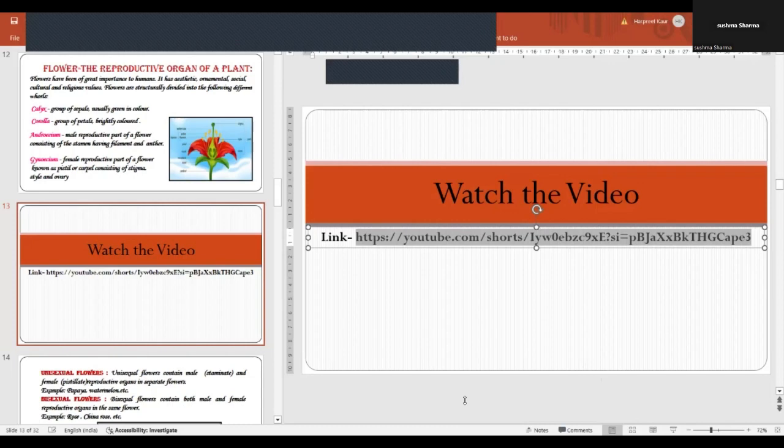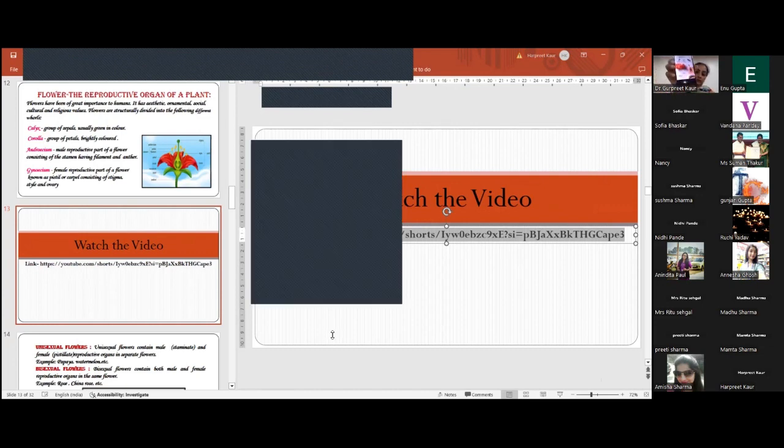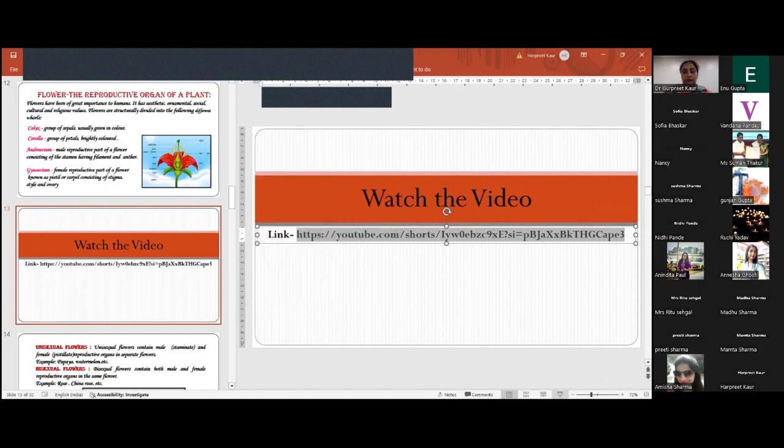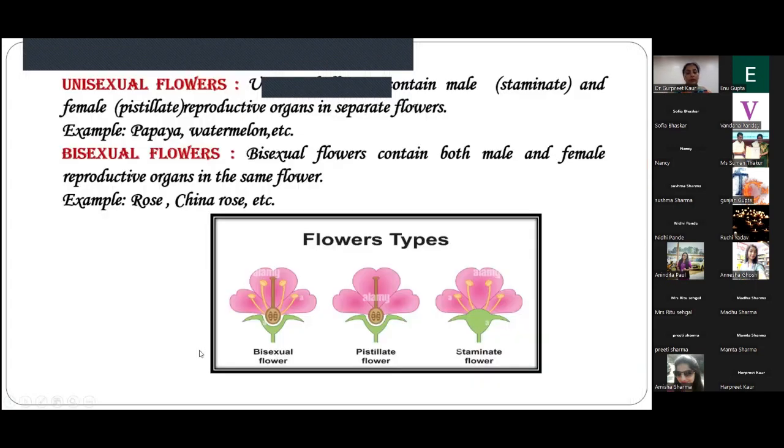Removing the petals from a flower. I've shared the link in the chat box. If you want to see, you can see it from there also. So coming back to the flowers, from the link I've shared, that is for the dissection of hibiscus flower, we